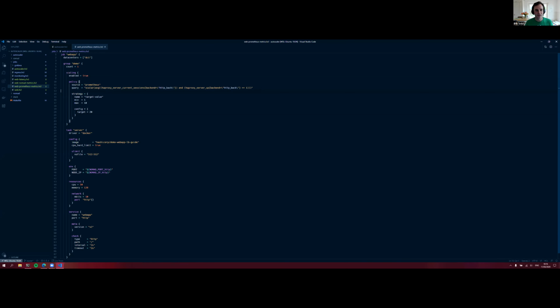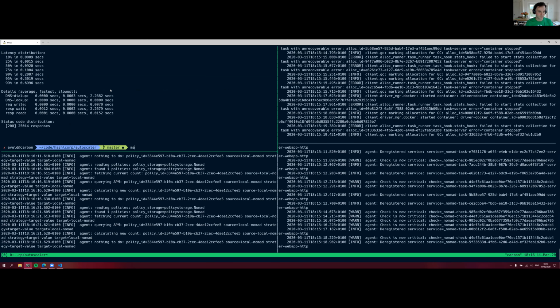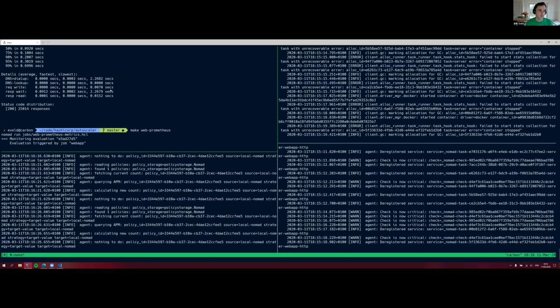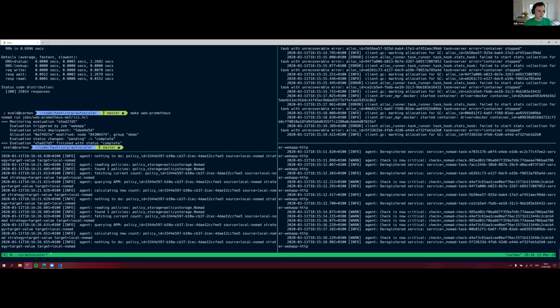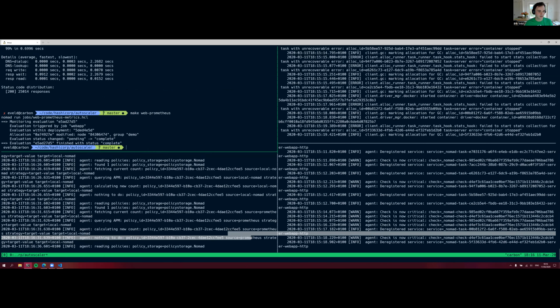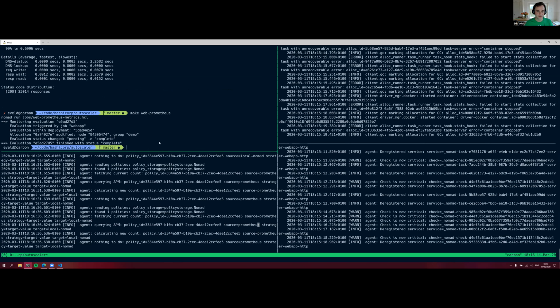And then in this case, we want the number of connections to be 20. So if we make Web Prometheus, we've now submitted our new job, right? And we can see that there is now a source Prometheus policy registered.